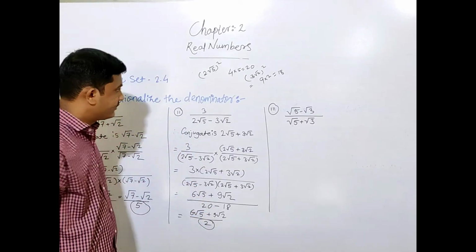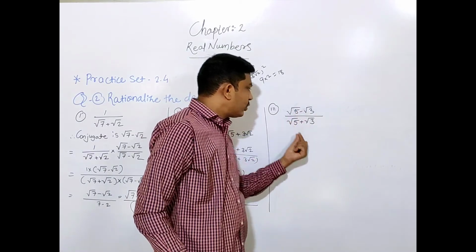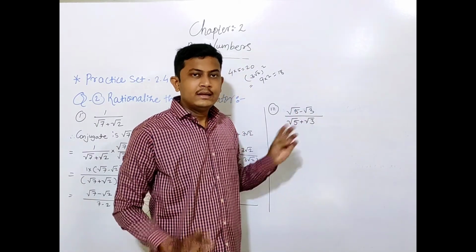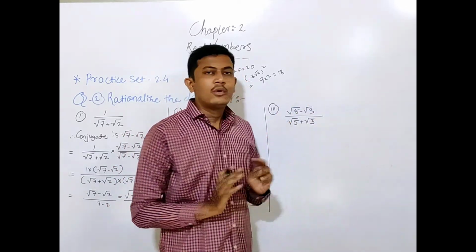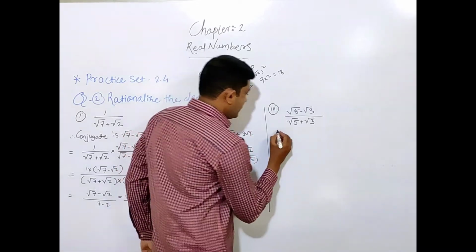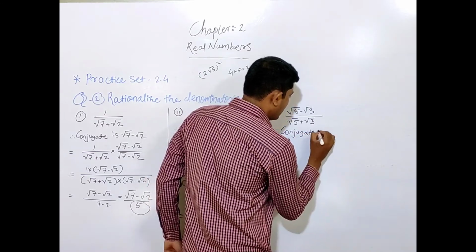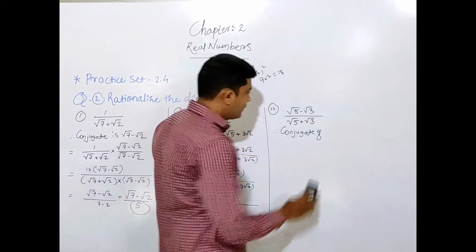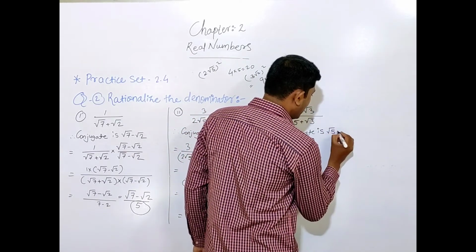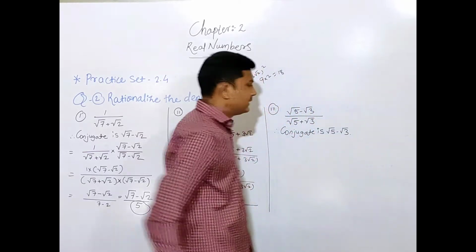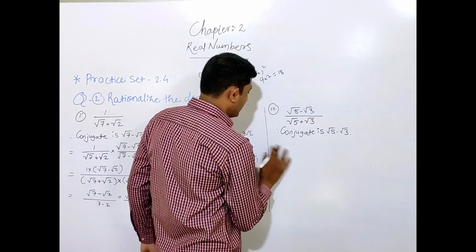And third example, here at the numerator it is given the conjugate of the denominator. It doesn't matter. Some confusing example may be asked, so we have to think only about the denominator. Therefore, the conjugate of the term is root of 5 minus root of 3. Again multiply the conjugate to the numerator and denominator.